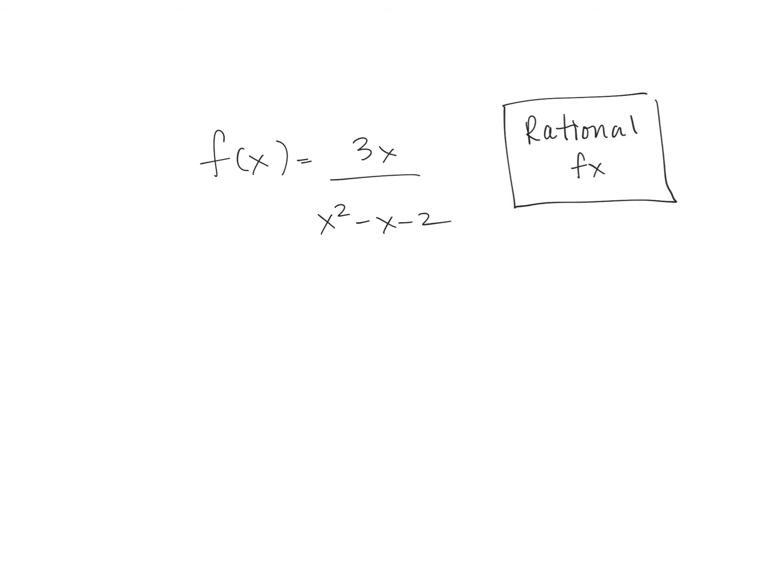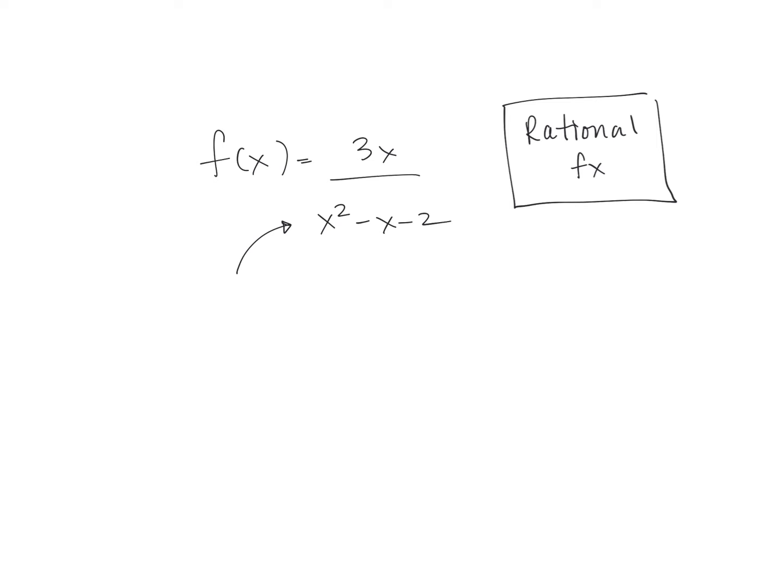All right, so we're going to look at this function. We have f of x is equal to 3x over x squared minus x minus 2. Now this is a rational function, and I know that because it's written as a fraction. And so remember how this is different from our polynomial functions because we now have a denominator that we need